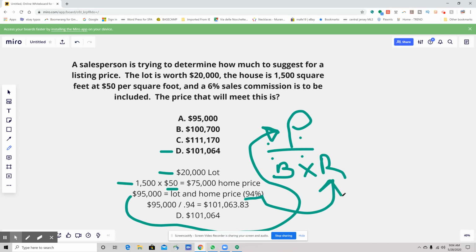So if we divide $95,000 by 94%, we're going to come up with $101,063.83, rounded up to the nearest dollar, which would give you D,